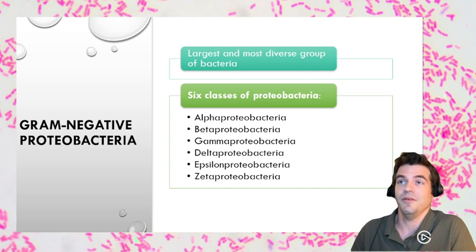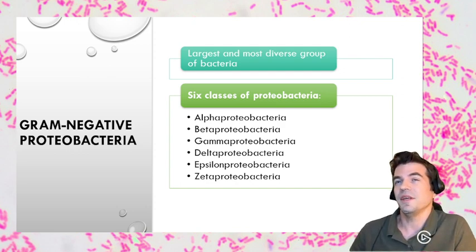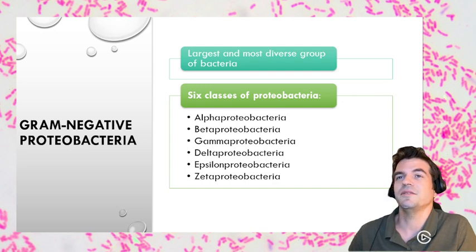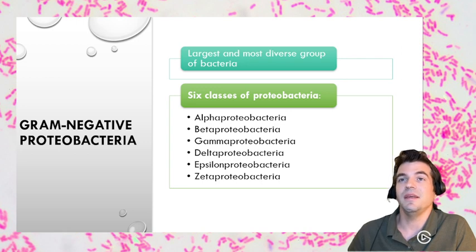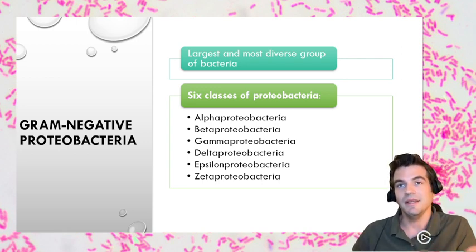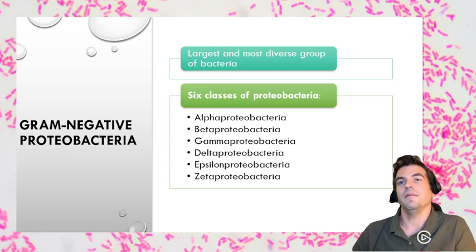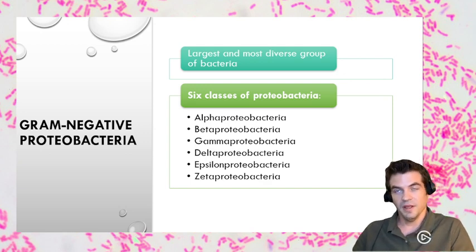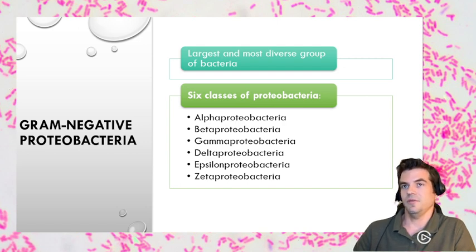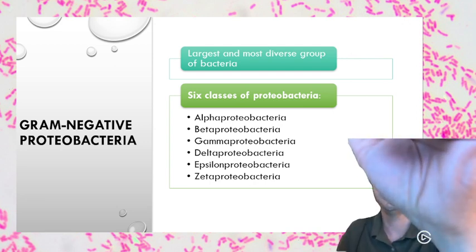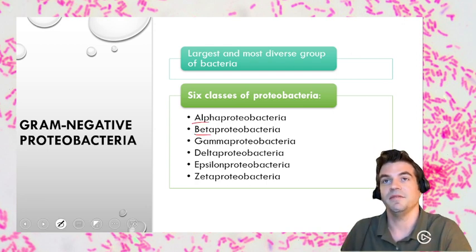6 different categories. Okay, now it's going to be important to remember that there's 6 different categories, and that it's basically just A, B, G instead of C, D, and E, and then we have Z. But basically, if you can just remember alpha, beta, gamma, delta, epsilon instead of A, B, C, D, E, okay, you got this. Okay, so just learn those first 5 letters. If it helps you, that's where we got the term alphabet from, is this alpha and beta being the first 2 letters of the Greek alphabet,